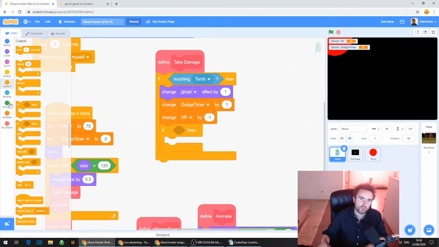And so we need to ask the question, is the HP less than 1, so 0 or even lower than 0? And if so, delete this clone. So how do we do that? Type that out in text in the chat if you think you have a good idea. I'll give you just a moment to do that. What are we going to put in between our if then? What's between the if and the then? And if you don't know, sit tight. I'm about to tell you.